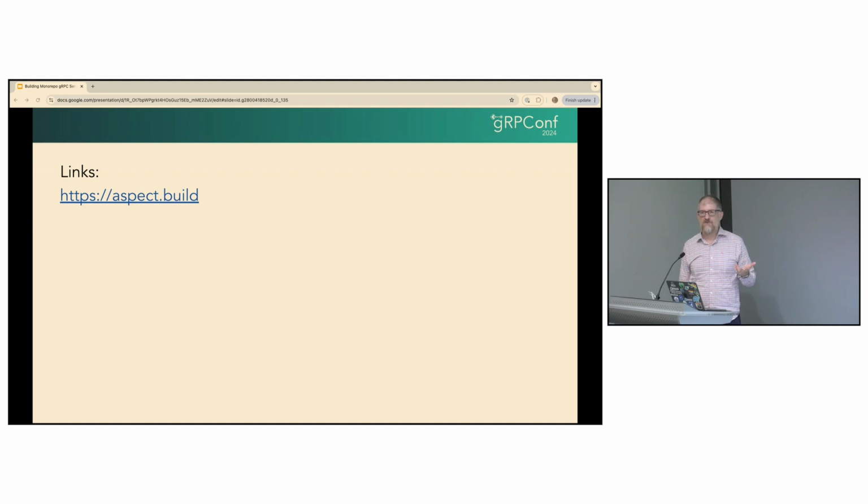2010. Eventually they decided to do it, but by then Facebook had made Buck and Twitter had made Pants. Please.build, there's a bunch of other sort of Bazel clones. You can see NX in the JavaScript ecosystem as being kind of a lightweight Bazel clone. Bazel has a ton of adoption, and it's a little bit like gRPC in that respect. Like it is the de facto industry standard because all of the big Silicon Valley companies have already selected it,